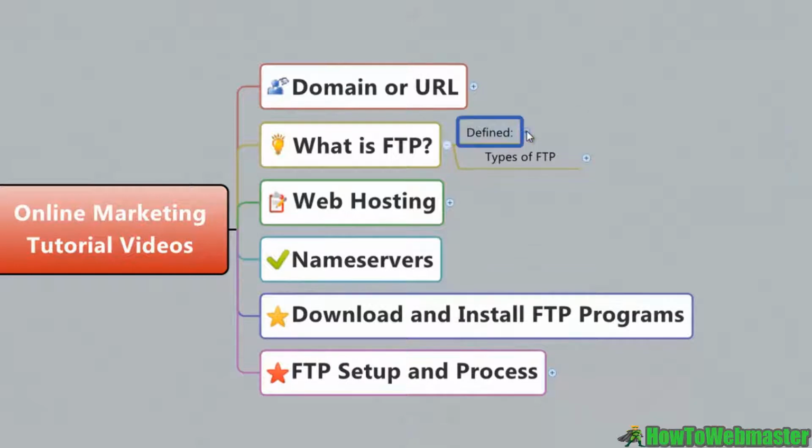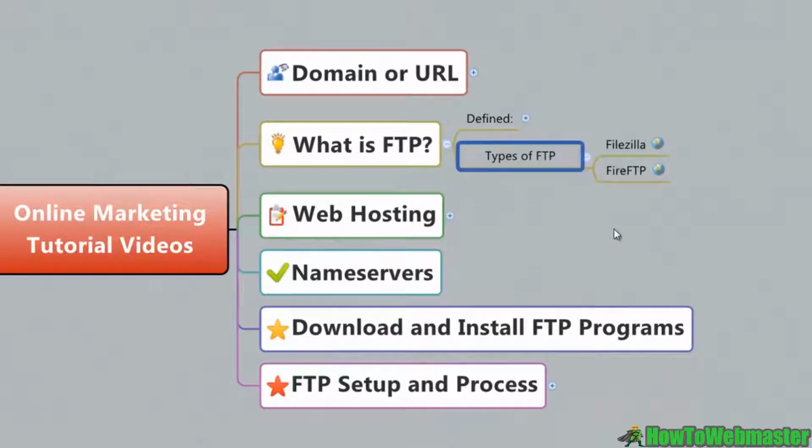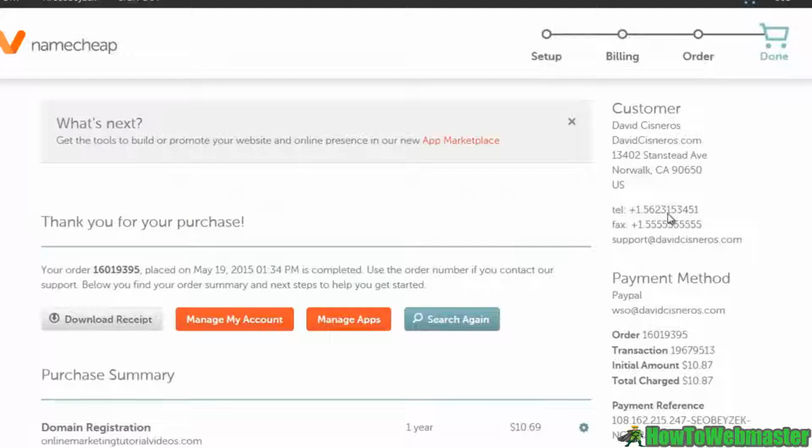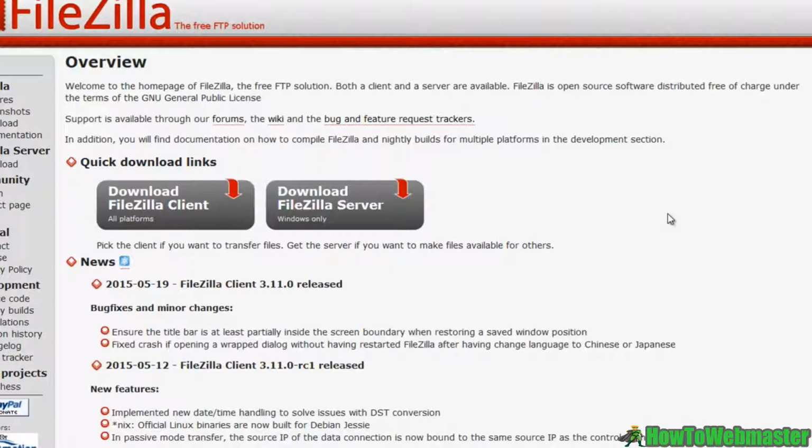All right? So there's a couple types of FTP software pieces that I like to consider the best. So let's get to FileZilla. Let's open up FileZilla so we can get there and talk about this. Now, FileZilla is a free file transfer protocol solution. Okay, so you can go to